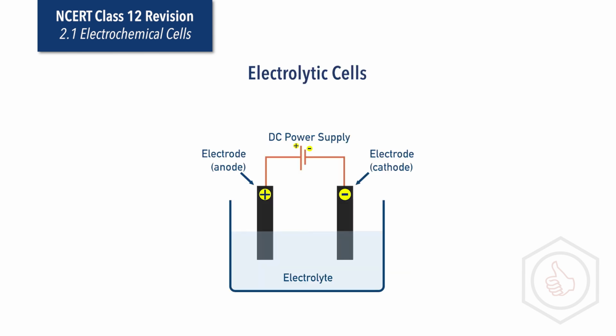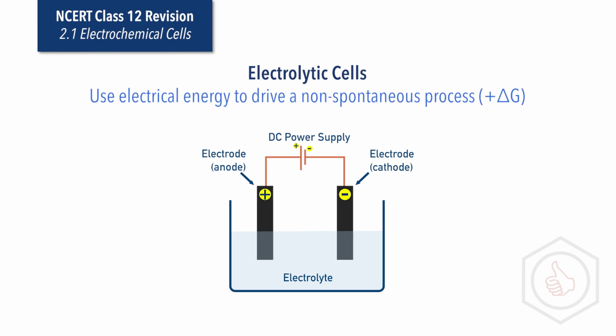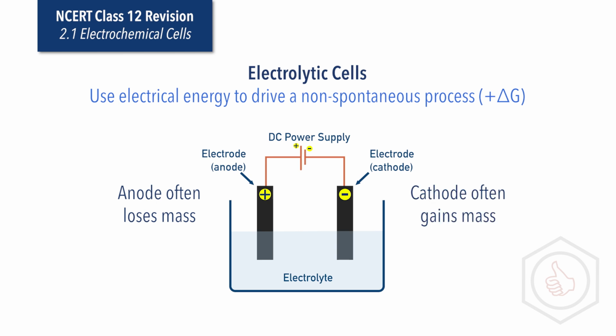Electrolytic cells use electrical energy to drive a chemical change for a non-spontaneous reaction, where Gibbs free energy change is greater than zero. Electrons still flow from anode to cathode, but the energy is supplied externally. So now the anode where oxidation occurs is positively charged, and the cathode where reduction occurs is negatively charged. The anode often loses mass because it gets oxidized, and the cathode often gains mass because ions get reduced and